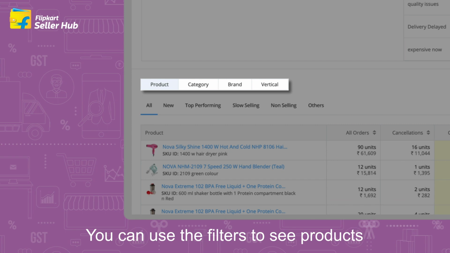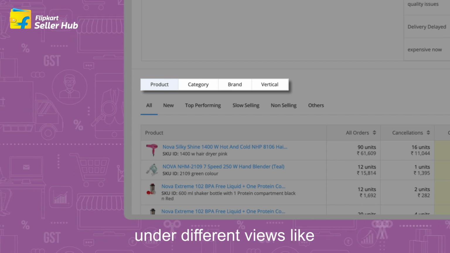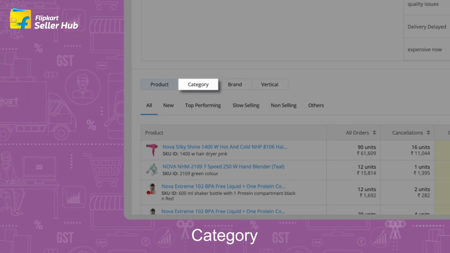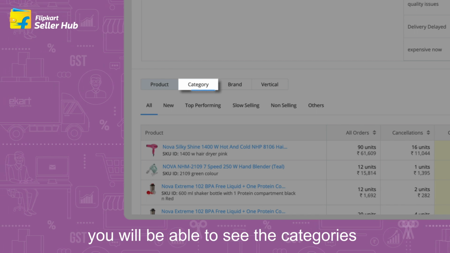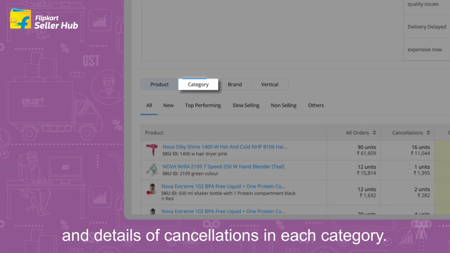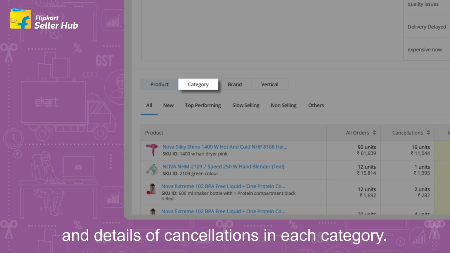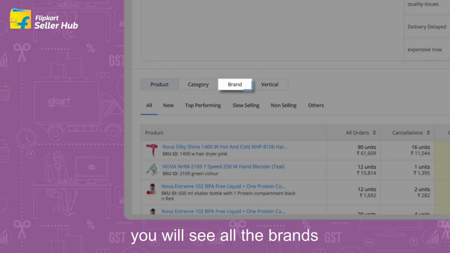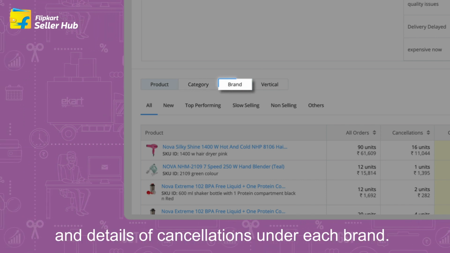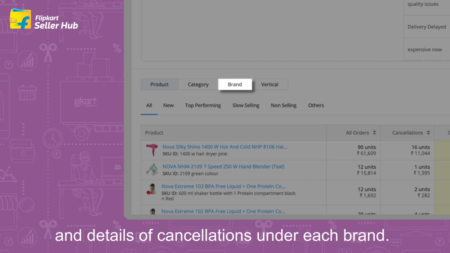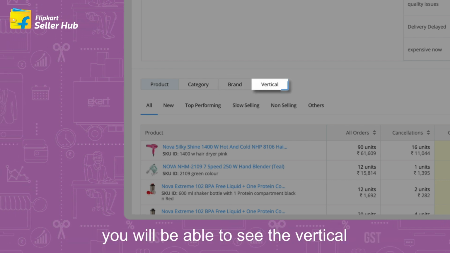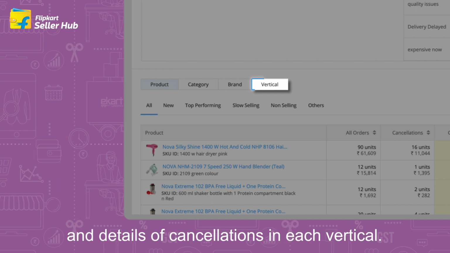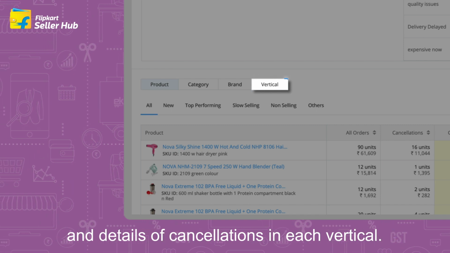You can use the filters to see products under different views like category. You will be able to see the categories and details of cancellations in each category. Brand. You will see all the brands and details of cancellations under each brand. Vertical. You will be able to see the vertical and details of cancellations in each vertical.